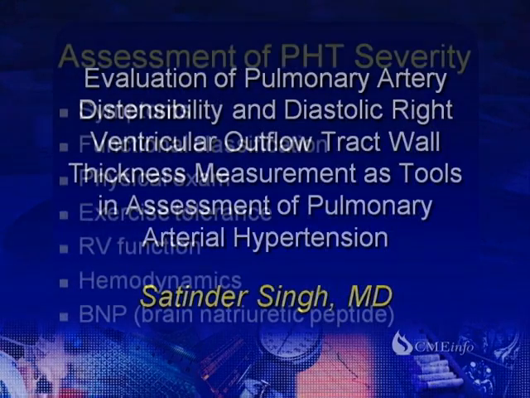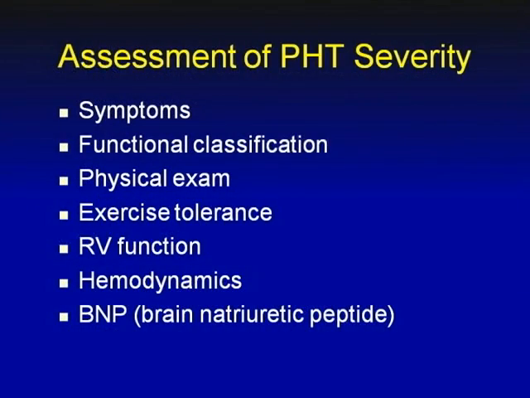Pulmonary hypertension, as you all know, is a progressive disorder where abnormally elevated blood pressure in the pulmonary circulation leads, over time, to increased vascular resistance and vascular remodeling. In the assessment of pulmonary hypertension severity, various parameters are evaluated, including clinical features, symptoms, and physical examination, the functional classification, and the 6-minute walk exercise tolerance, in addition to various hemodynamic and right ventricular